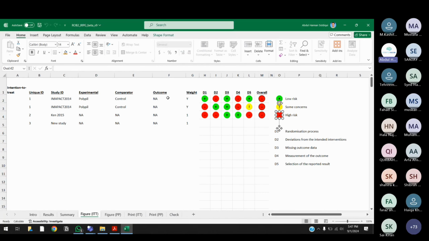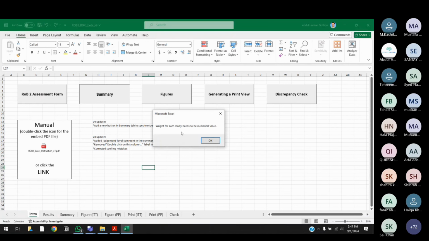Mohammed, how to improve cohort quality assessment? I showed you guys the table, which was the sample. It has been sent on the group. That table is added. Okay. Fahad, to create a summary, you first need to click on the summary button. Okay. First click on the summary button.